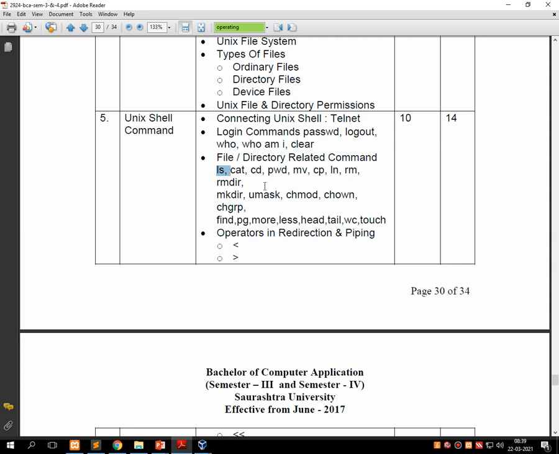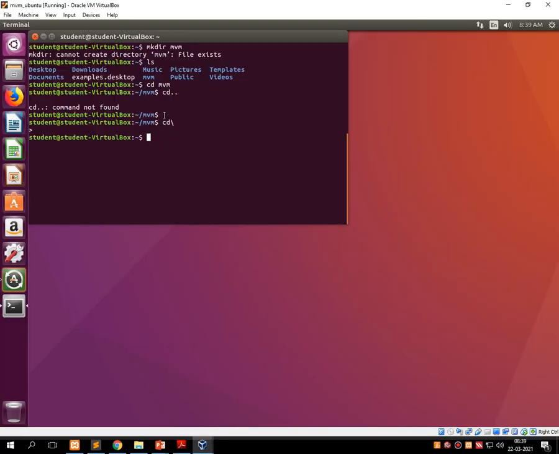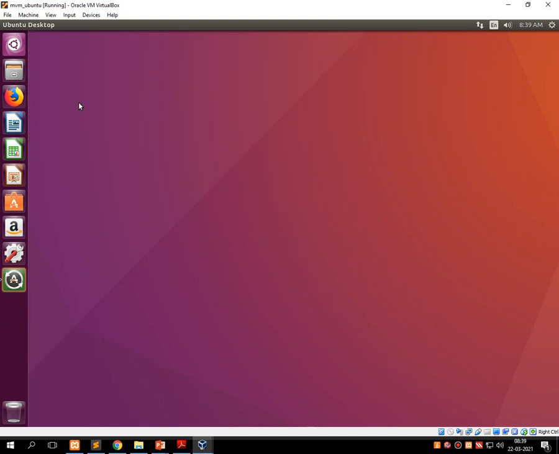Further commands we will take in another lecture. So in my next lecture, I will not start from the first loading of the terminal window. The terminal window is already loaded on the screen. In this lecture, I have taught you how to load a terminal window.